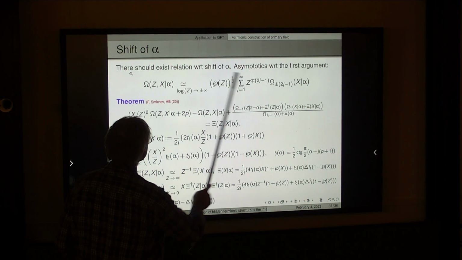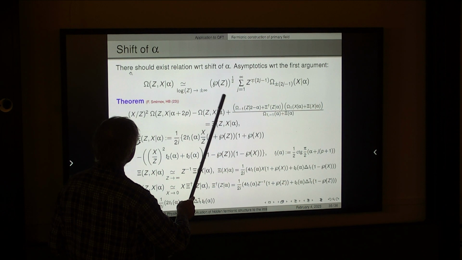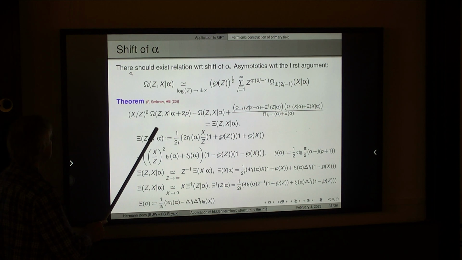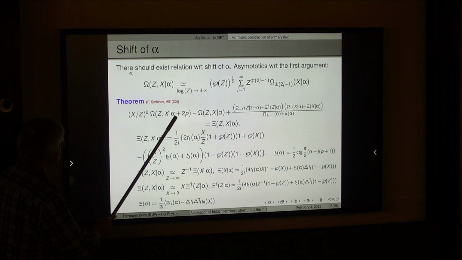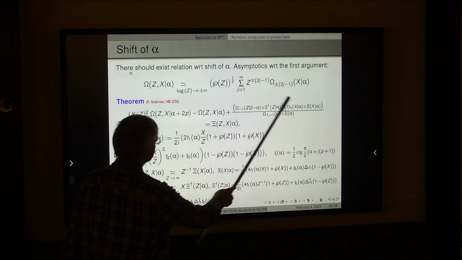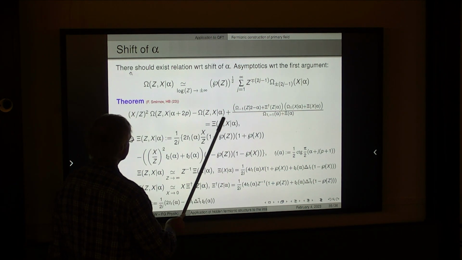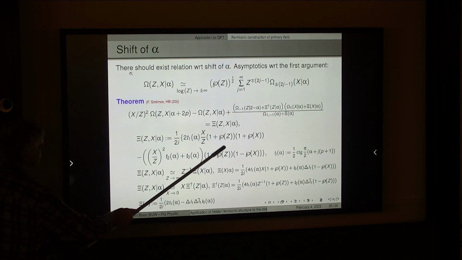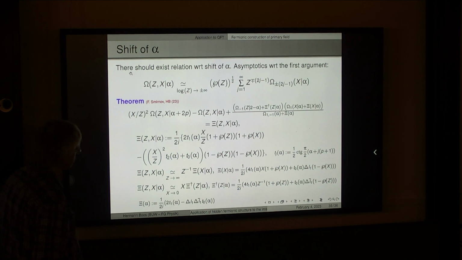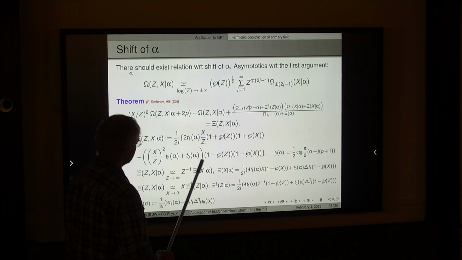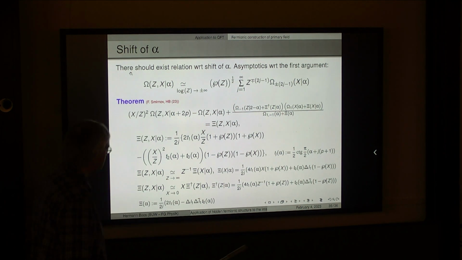First of all, we use almost the same formula as before. And the following theorem connects omega with shift of alpha and omega without shift. And the residual part looks like this, where this capital psi is actually an explicit function. It's written in terms of rho and also some cotangents, Tj.